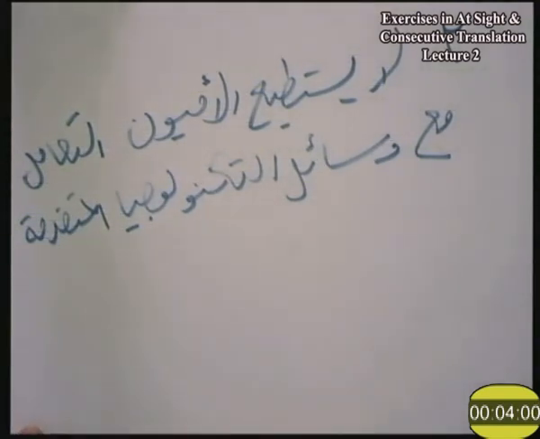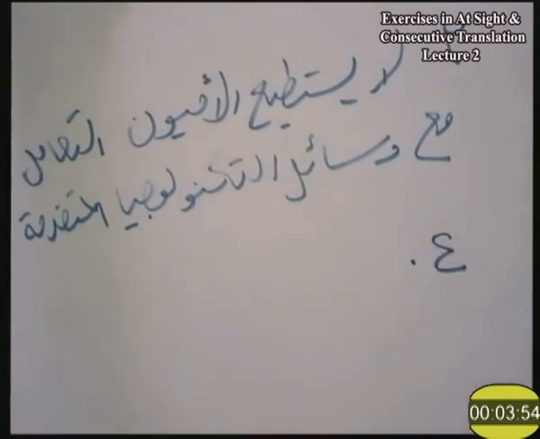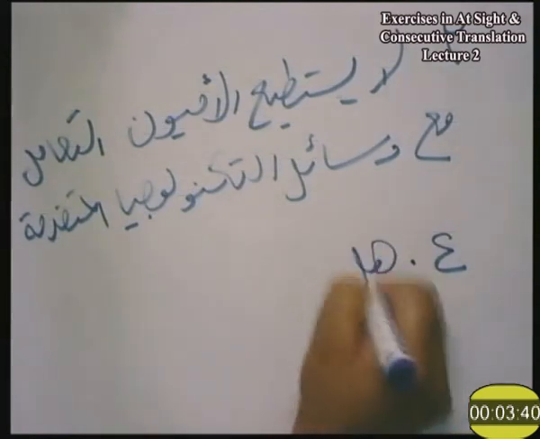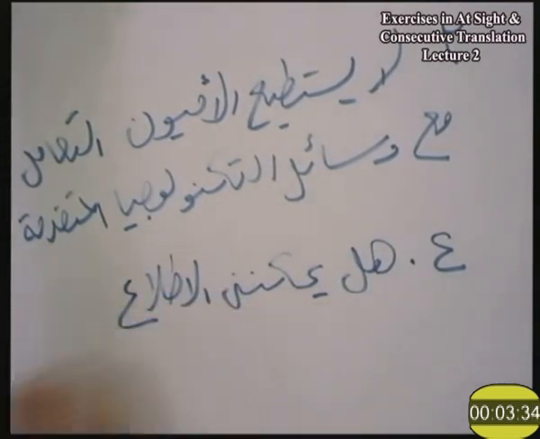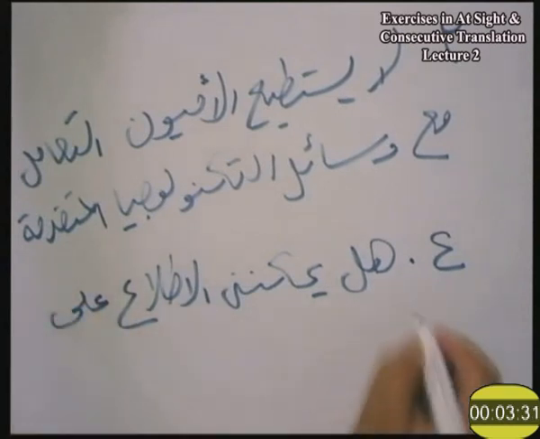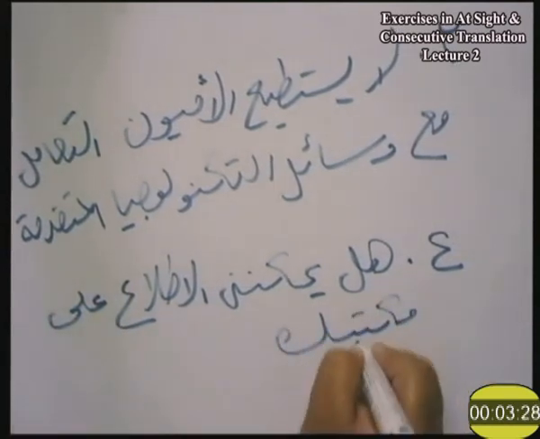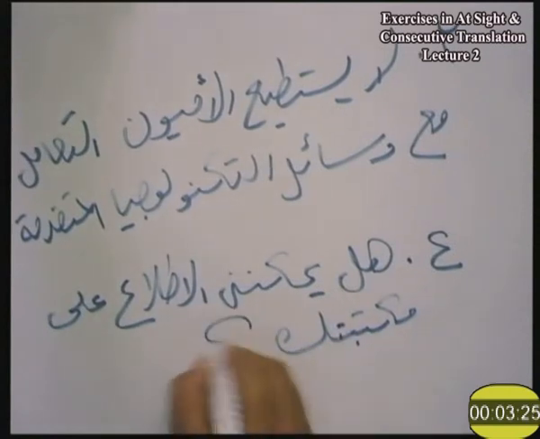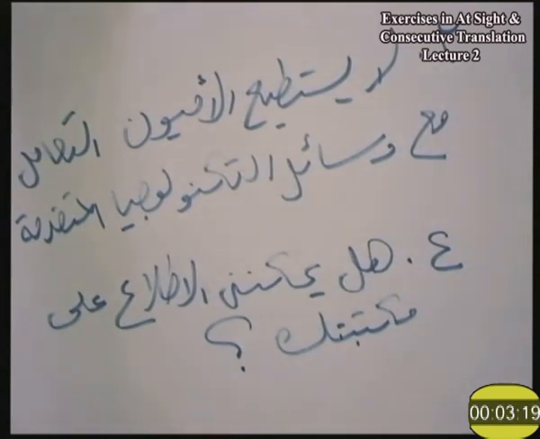Okay. Before moving to the last sentence, let me do it. Then I'll just draw your attention to something. May I have access to your library? It simply means, may I use it? May I have a look at it? هل يمكنني الاطلاع على مكتبتك؟ Okay. هل يمكنني الاطلاع على مكتبتك؟